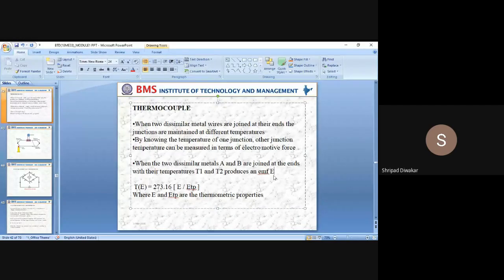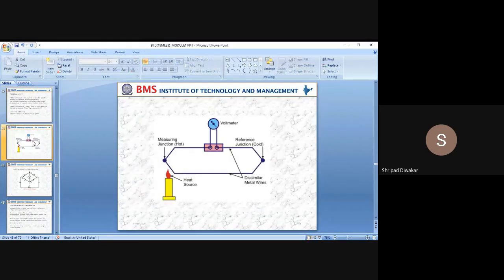In the third system, the thermocouple, you remember the constant volume gas thermometer and the mercury in glass thermometer are mainly used for the low temperature range. The thermocouple is an instrument used to measure temperature in the range of 630.74 to 1064.73 degrees Celsius, and electromotive force is the thermometric property. You have to explain this with a sketch. So this is the sketch. You have to show two dissimilar metal wires, the heat source supplied, the measuring junction, and the reference junction. The voltmeter is connected in between.